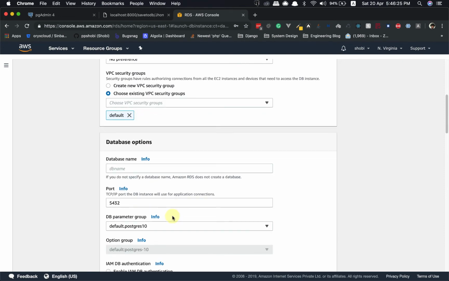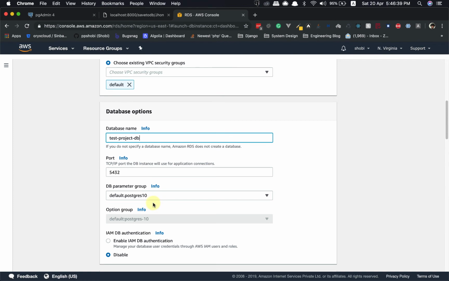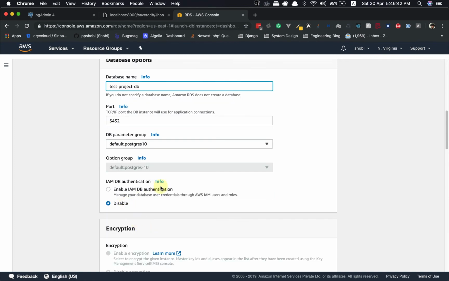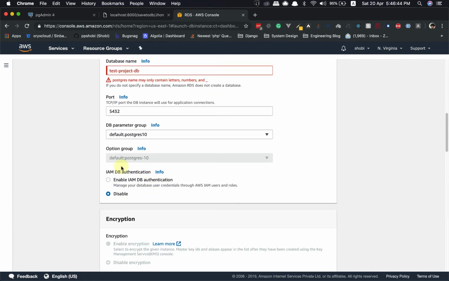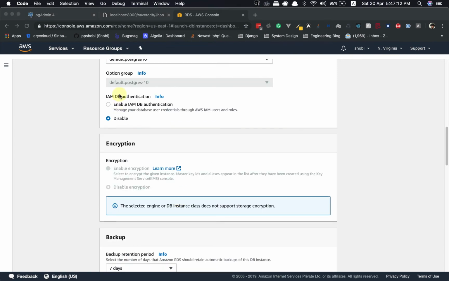So I use the default one, and then I need to create a database, and that will be test project TV, and then port is 5432, and that is correct, and this is specific to IAM. Only contain letters, numbers. Okay, no dashes. And while creating this you might want to save it somewhere. Okay, and if you are using Amazon IAM, then you can enable, depends on your case, but as of now